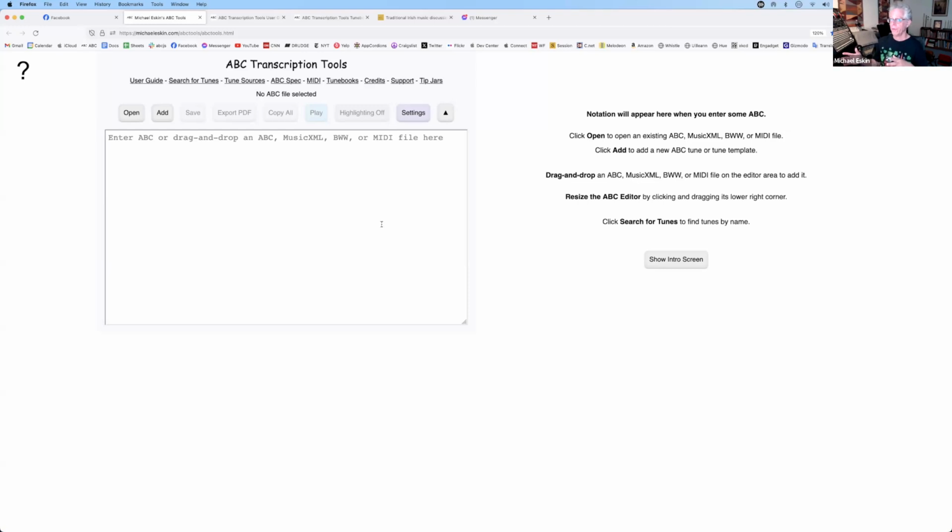Now there are older desktop tools like EasyABC and that sort of thing that you can install on your computer, Windows or Mac, that allow you to do a lot of things, but they're increasingly becoming a little bit, how can I describe it? Apple and Microsoft are making it more and more difficult for third-party apps to run, and they figured out ways around it. But I prefer to just use a website. It's a very convenient way to just go to a website, paste in a bunch of ABC notation, and get a PDF. So I decided to roll my own, and that's what I did starting in December of